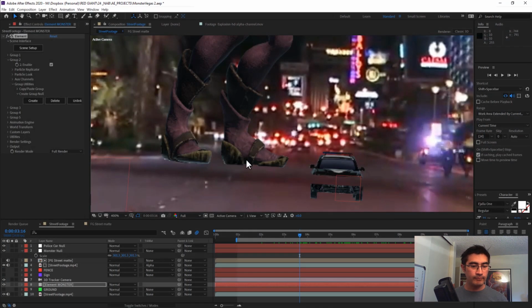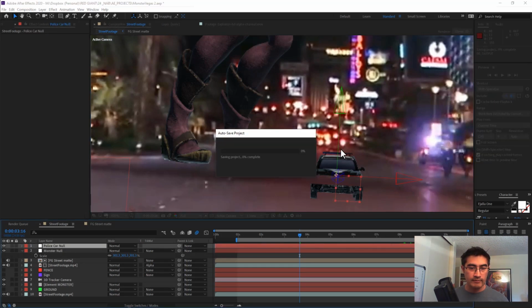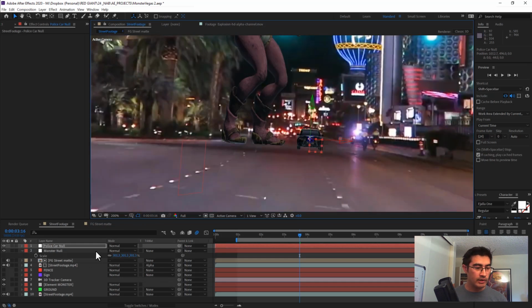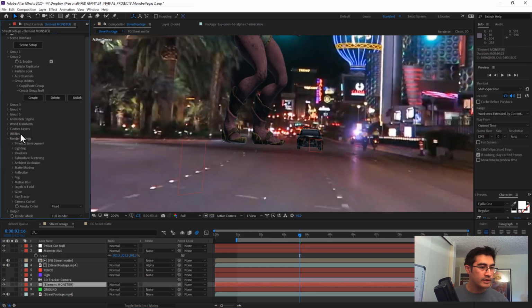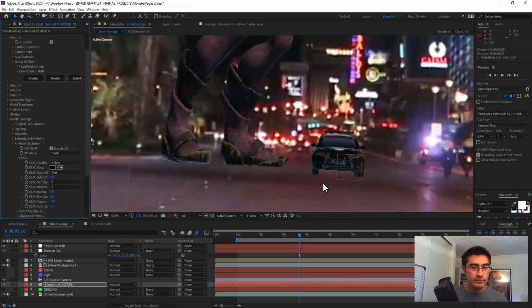So I'll say OK, and now you can see my police car is here, and it's right in the middle of this ground plane that you can't really see. It's letting me know when I'm hitting the ground in here. Pretty cool. So the way to make this even more visible is under Element's Render Settings down here. If I go to the render settings, I can go to Ambient Occlusion and enable that. As soon as I do, if I crank up the values just a little bit, you can see some ambient occlusion